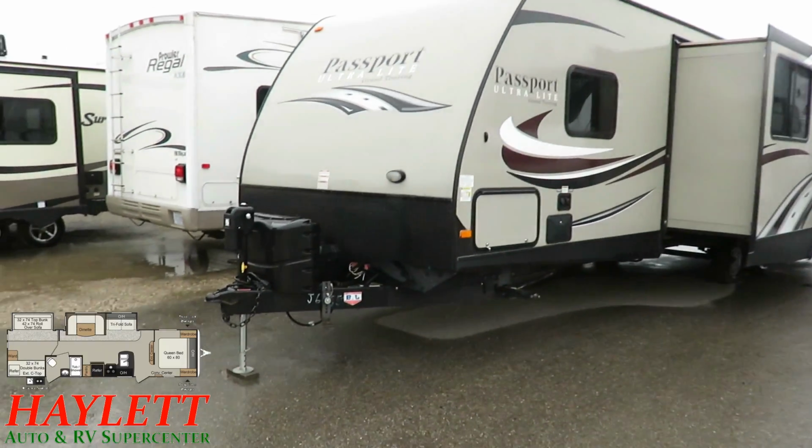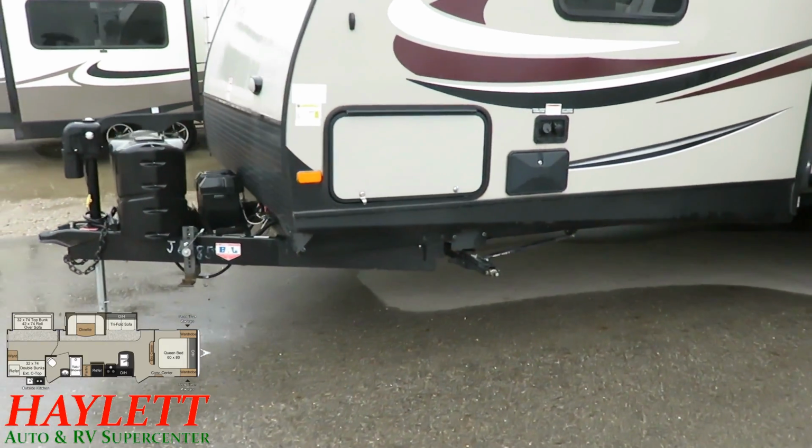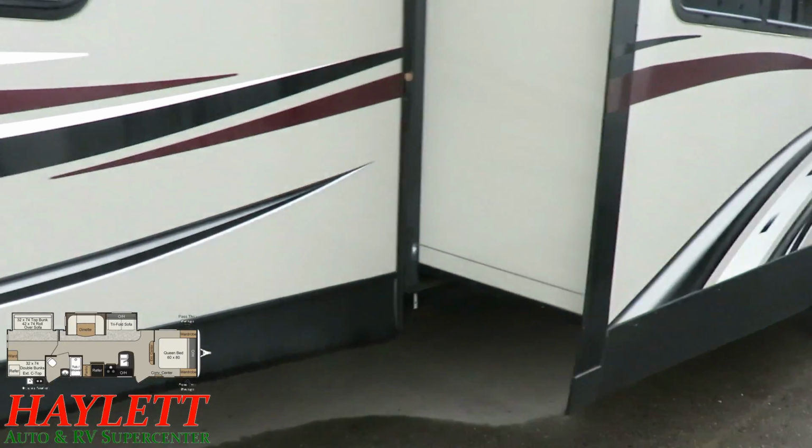We already talked about the power jack upgrade. The hitch is included, and the stabilizer jacks were added to this for campsite stability. Outside utility shower here. This does have,